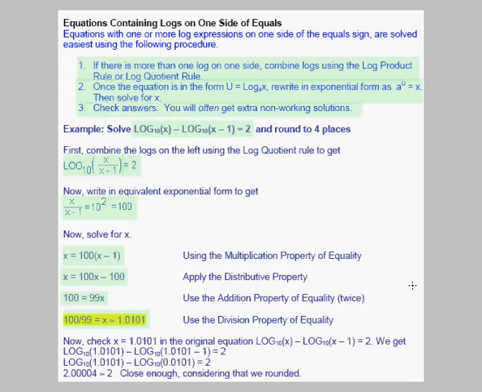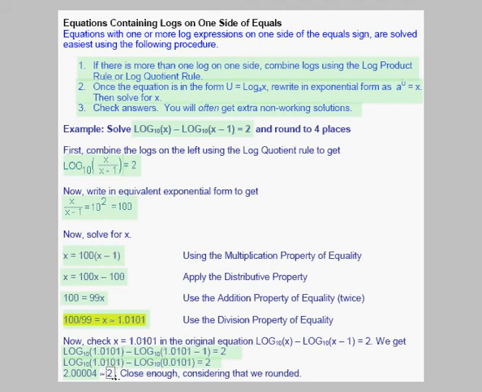We do that by plugging our answer of 1.0101 into our original equation. We get base 10 log of 1.0101 minus the base 10 log of 1.0101 minus 1. We put that into our calculator and calculate it out, and what we get is 2.00004 on the left side of our